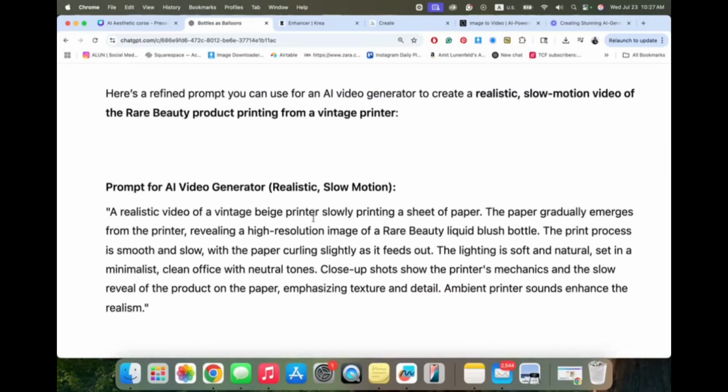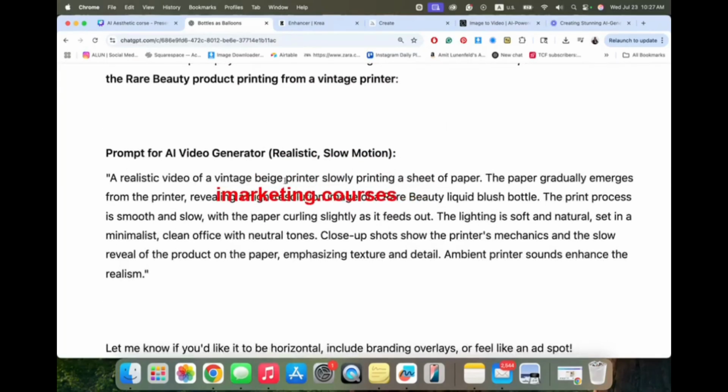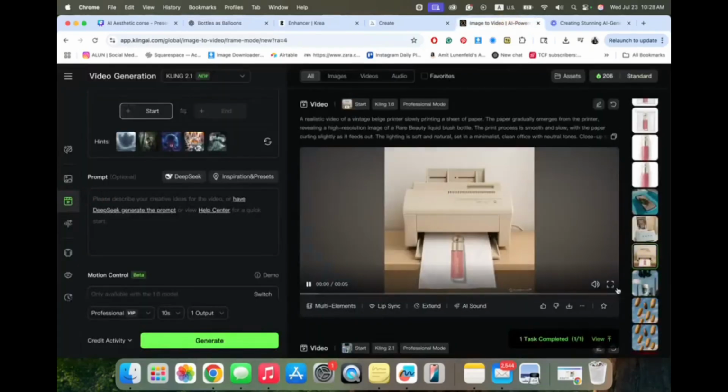And here's the printer. Here is the prompt. So it's important to say that I came up with all these ideas of what I want the motion to be, but you can go the other way around. I will show you. You can ask ChatGPT, what movement would you suggest creating with AI for this image? This is the printer, so you can see the printer slowly, and the texture of the page, the motion, everything that you can add in here.